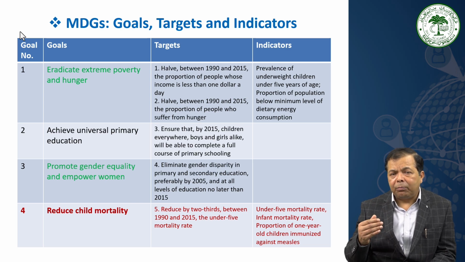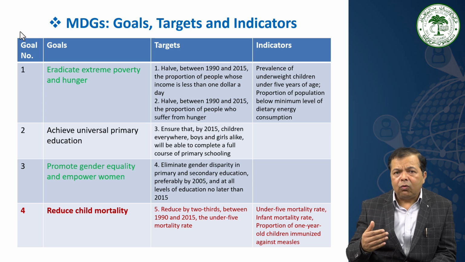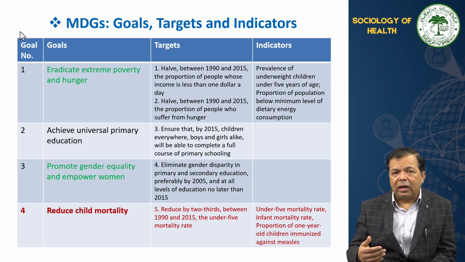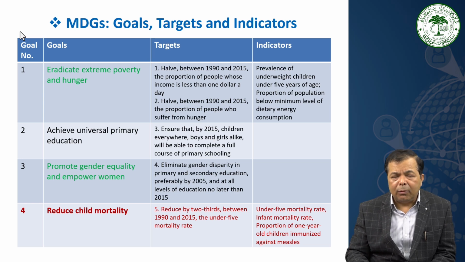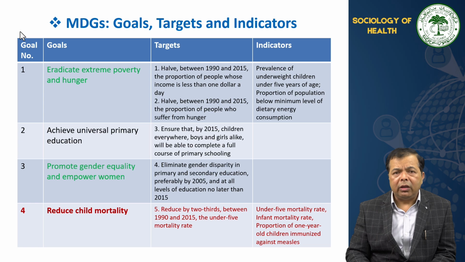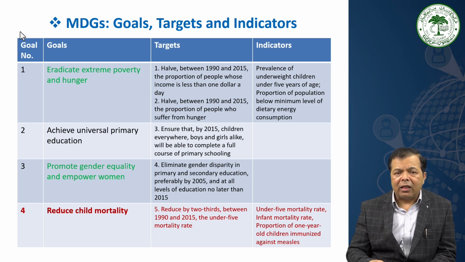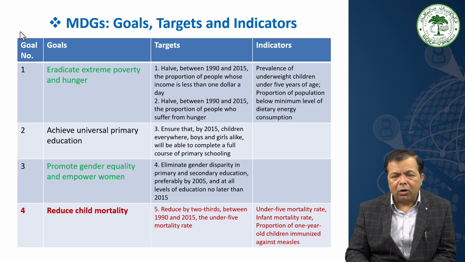So in all development targets, the women are equal stakeholders, but along with that there is an additional responsibility that they are associated with, and that is related to the reproductive rights, right? So these are the comprehensive things that we need to talk about when we are trying to understand the Millennium